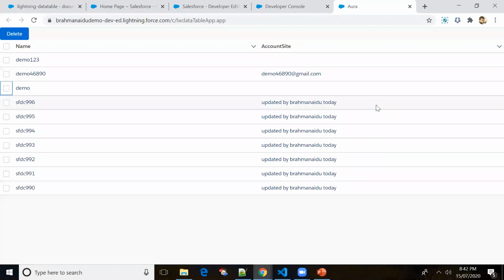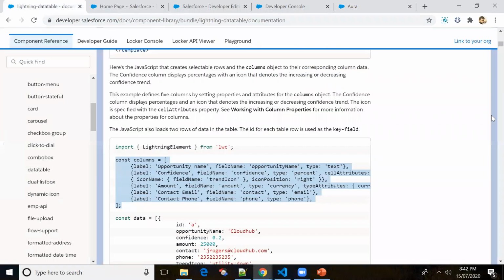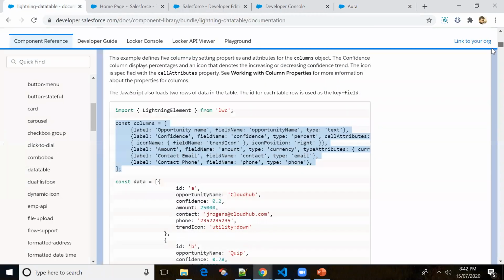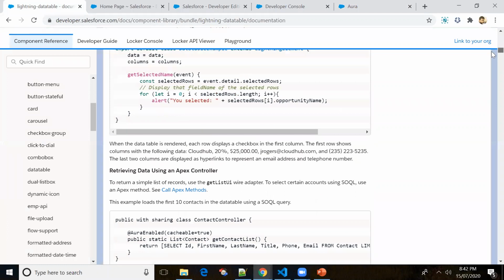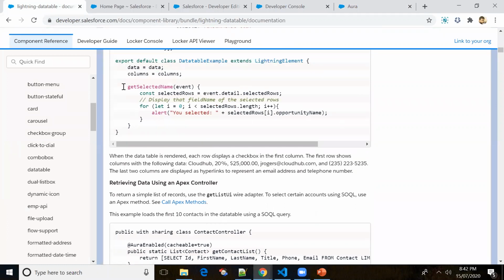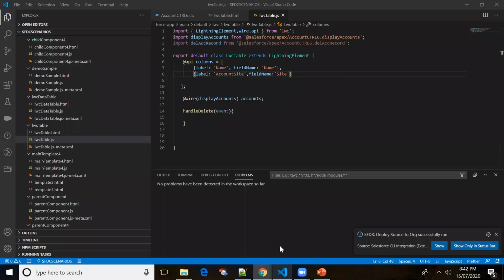So now, on selecting the checkbox, we will just add it to one array. Okay, so let me go to the developer guide. I'll just copy this and put it here. So, handle delete.